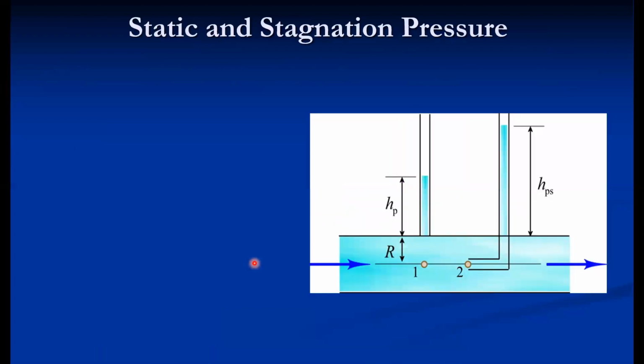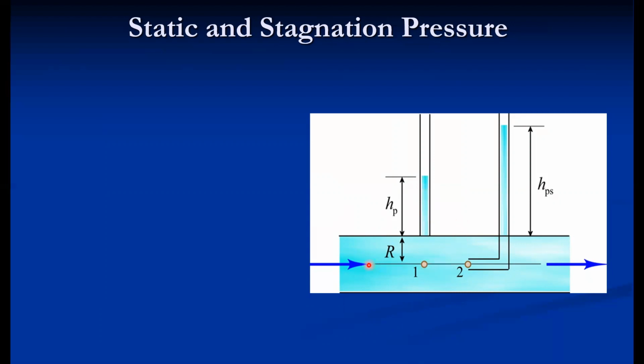In addition to that, there are some different terminologies used. We have already discussed atmospheric pressure, absolute pressure, gauge pressure, and vacuum pressure. But while using a manometer, two terminologies come into the picture. If we use the piezometer, the level of the liquid in the column of the manometer is called H. This H is also called the static pressure head.